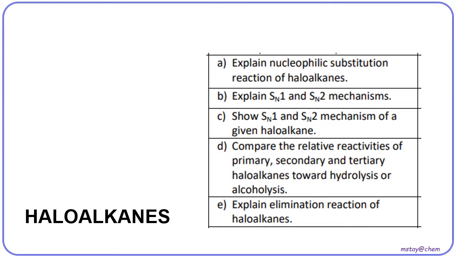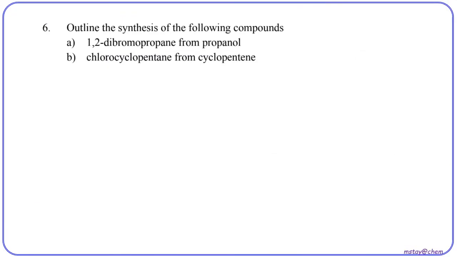In this video, we're going to discuss the question on the haloalkane based on these few learning objectives. Tutorial question number 6. Outline the synthesis of the following compound from propanol, which consists of 3 carbon. Because there's no number in the name of the alcohol, we will consider it to be 1-propanol, and then going to produce